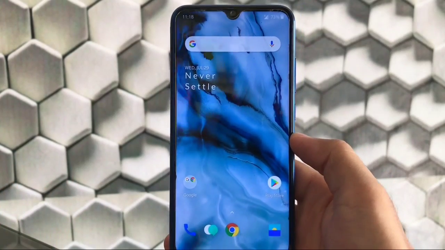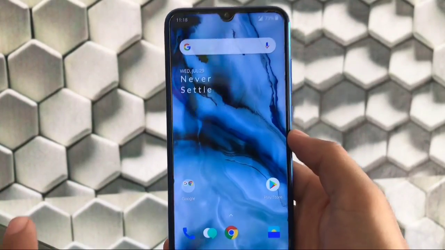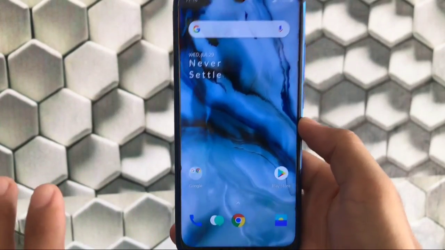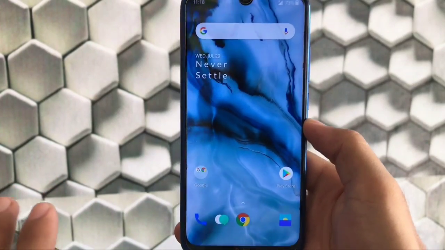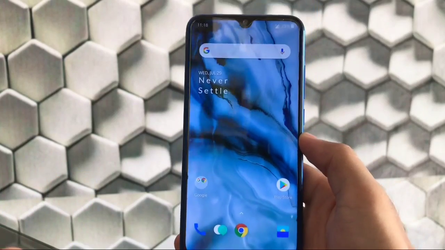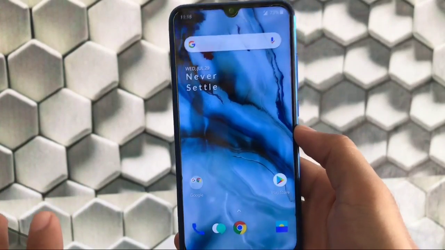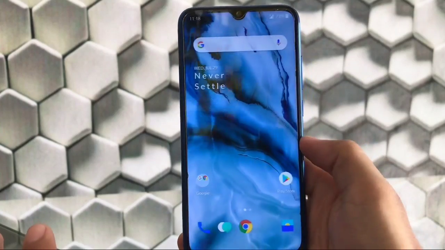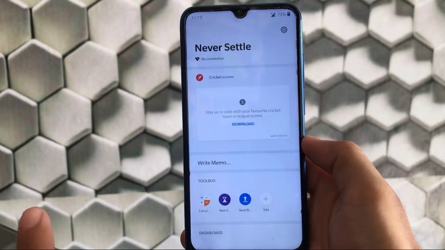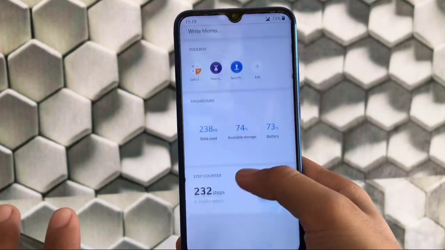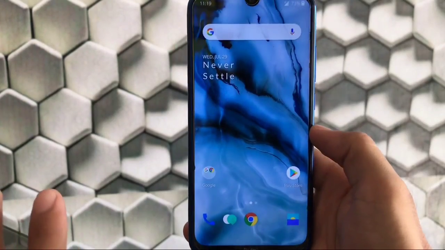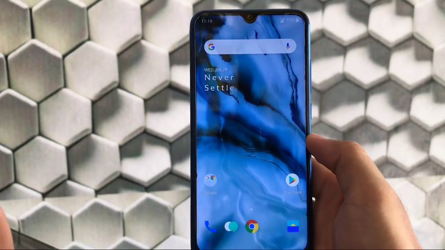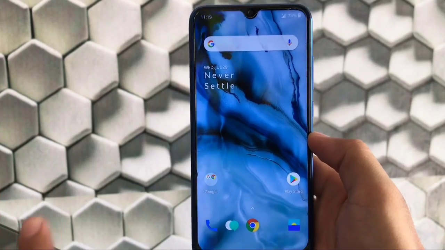One of the best things about this is that these live wallpapers are working very smoothly, not lagging, nothing else. You can use the live wallpapers, and I tried them a lot of times and I didn't get extra battery drainage either. This is a great thing. And this is the OnePlus launcher, so swiping right will get you the OnePlus Shelf here, which is obviously working fine. This is the same as all other OnePlus 7 builds available for Redmi Note 8, with no extra things on the home screen.